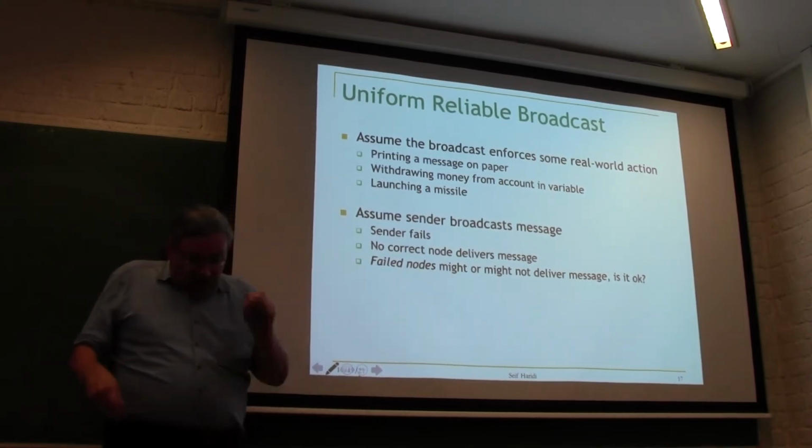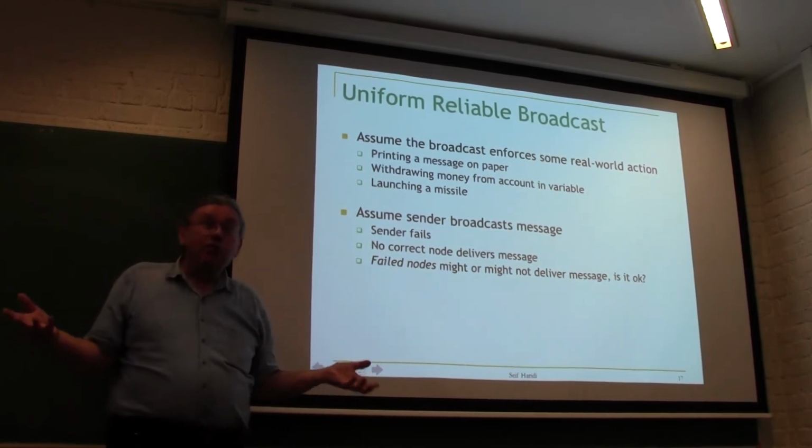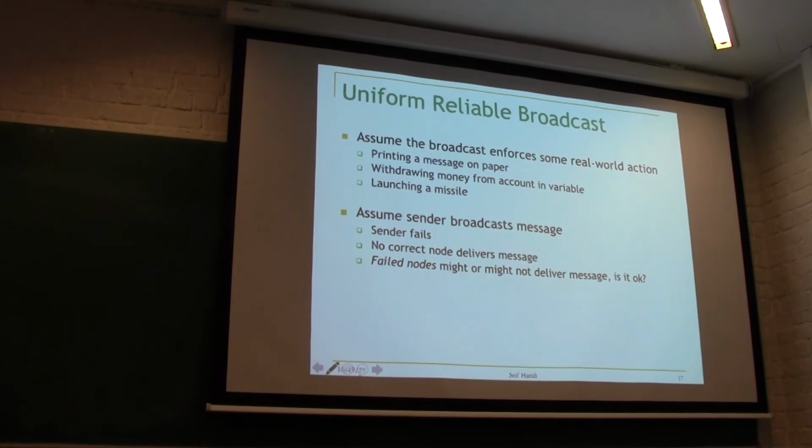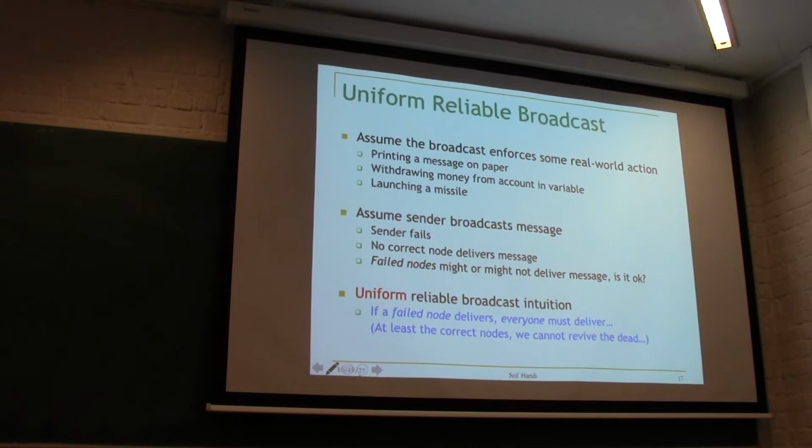So the general runs this uniform reliable broadcast algorithm, and he gets a delivery. Well, then he knows that the silo that was destroyed could have gotten a delivery. It's not guaranteed, but it could have, because maybe there's another silo, and it went to that other one. But the general knows that it's possible that a silo has launched a missile. Whereas if he does not get the message, then he knows that nobody got it. So this is the intuition of it.